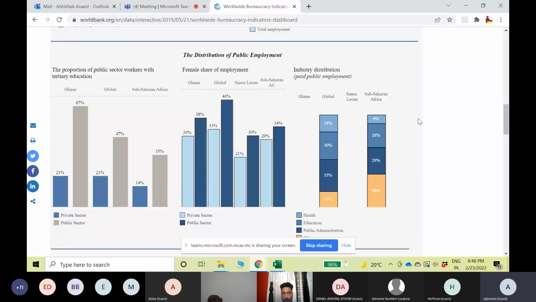Yeah, to add to that, the private sector basically does not need special skills. But with the public sector, you are required to acquire special skills, as Dan mentioned already, before you are employed over there. So anybody at all can jump into the private sector and begin doing something. So that's why we have a smaller number of educated people, or for that matter, professionals, in the private sector.